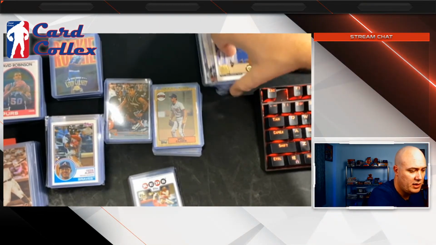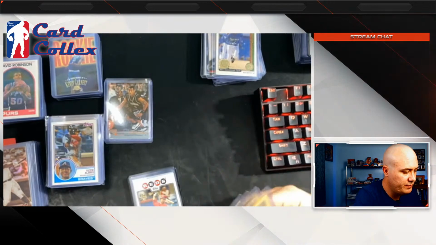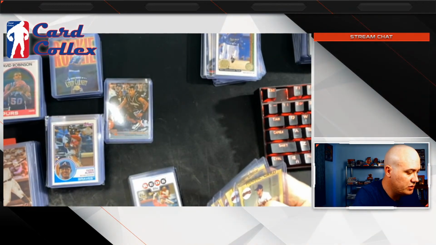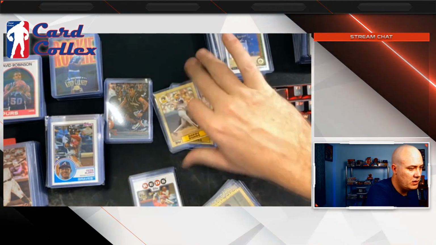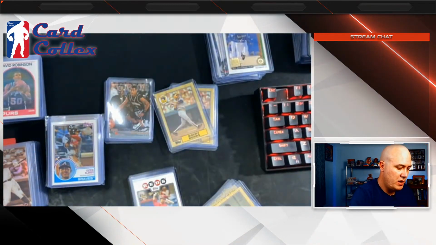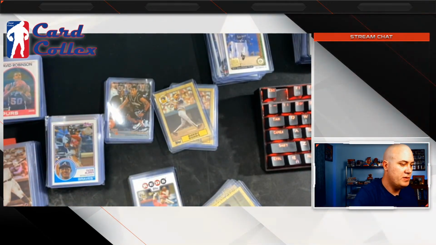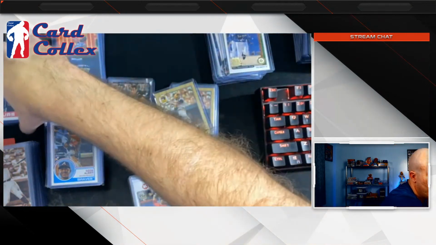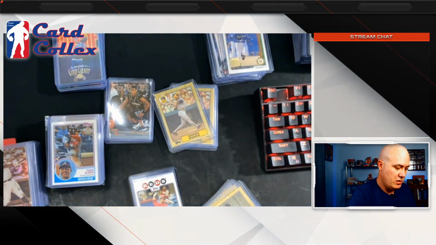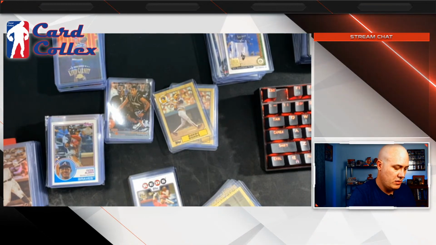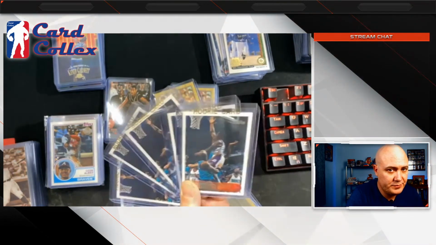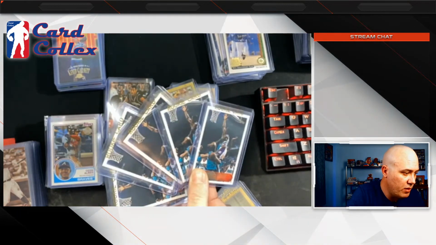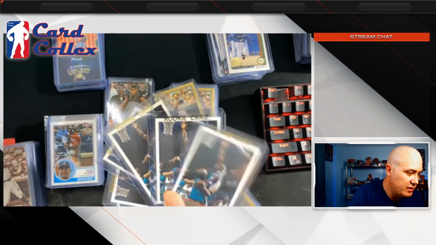I've got these Will Clarks. I know they don't go for much ungraded, but I might set up some lots for those. I've got a bunch of these Ray Allen rookies that I've bought, probably 20 of these.